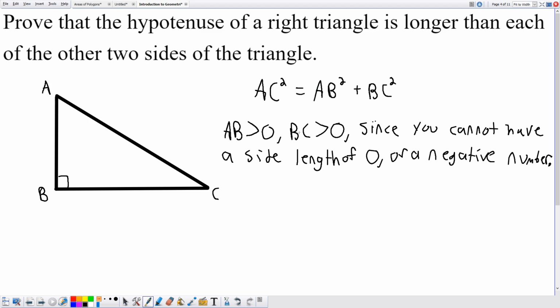So logically, we can't have BC being 0 and AB being 0, because then there would be no distance and it would just be AC as a straight line. So we know that AB and BC are positive numbers,